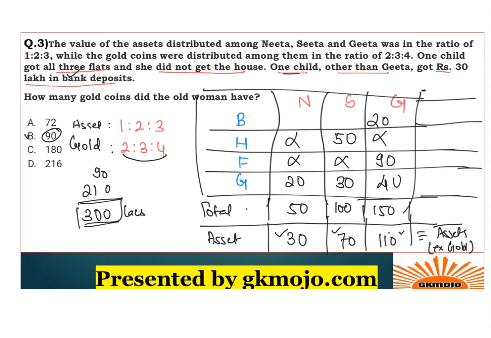So even Sita gets 20 lakhs of bank deposit. Definitely Nita gets 30 lakhs, as it has already been told that the person apart from Geeta got 30 lakhs. The overall assets for Nita is 30 itself, so no need to change. You have got the complete table over here, and this table will be helpful for solving the next question also. In short, this satisfies all the equations that have been given, and hence 90 is the correct answer. You can cross verify this.